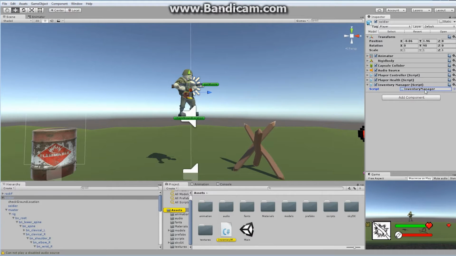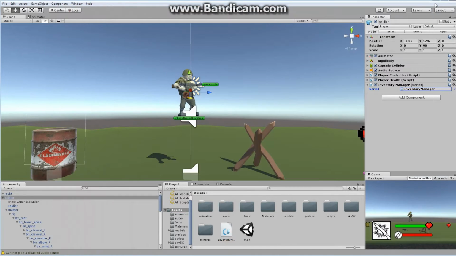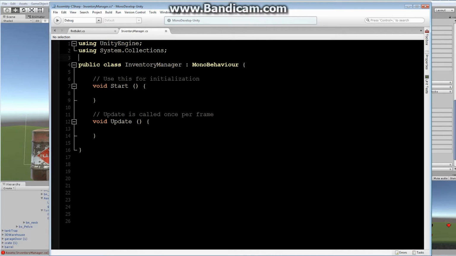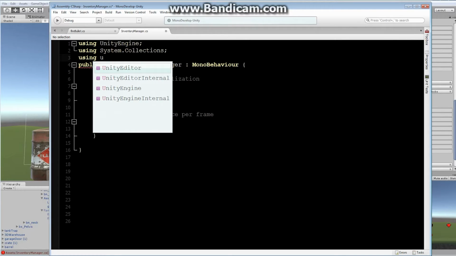And when I do, I'm going to get a graphical error, so I'm going to switch out for a second and go back to it. All right, there we go. Basically what I want to do now is go in here and create the information that's going to allow us to switch through our different weapons. So to start off with here, we have to say immediately using UnityEngine